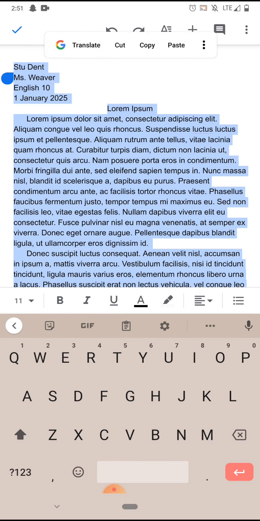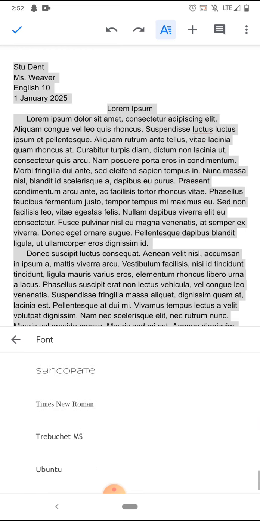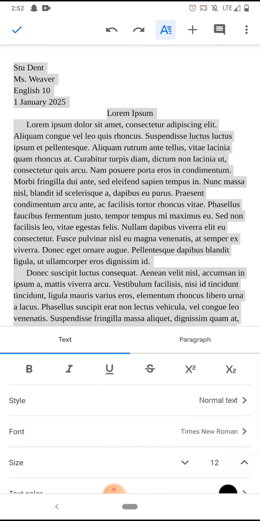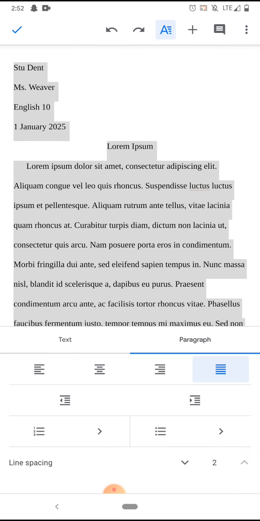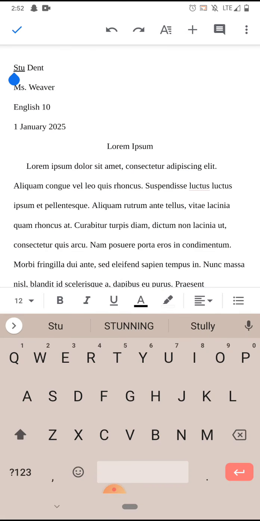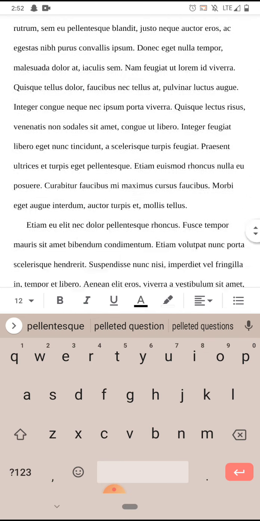my whole essay. And then I'm going to go to this symbol at the top. It's a little bit covered up, but it looks like an A with about 5 lines on it. This A with 5 lines. I need to select that and then change my font to Times New Roman and change my size to 12. Then I need to switch to paragraph and up my line spacing to 2. So now my heading, my title, and my paragraphs are all in Times New Roman, size 12, double spaced with